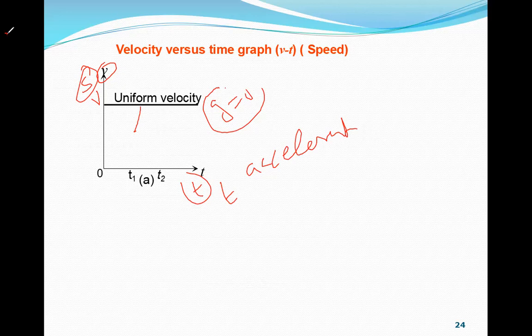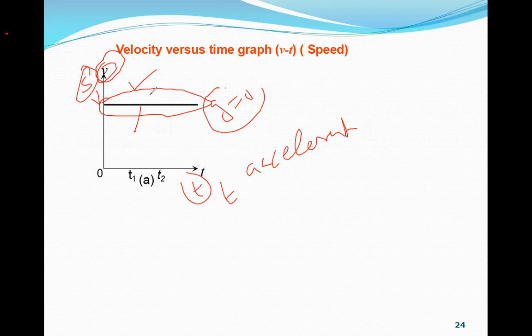It's the same line. For example, this same line represents, in the ST graph, that the body is at rest. But the same line in the VT graph means the body moves at a uniform speed. Look, the same line represents two things. First, an object at rest. Second, an object moving at a constant speed, due to the